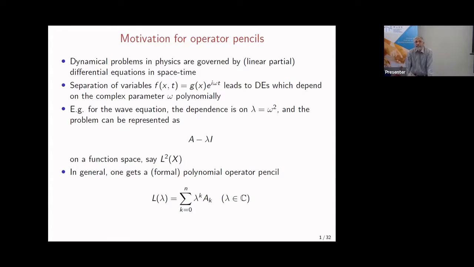If we now do separation of variables, then a complex parameter omega occurs, and that gives rise to an operator depending on a parameter, and this parameter is the eigenvalue parameter. What's in particular important, the easiest case is A minus lambda identity, then that part,